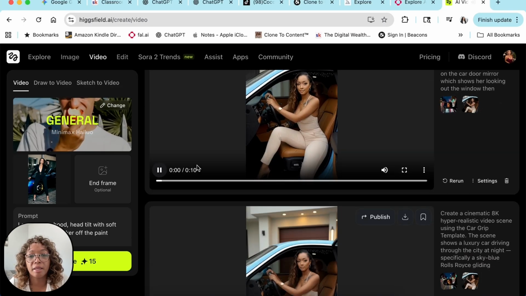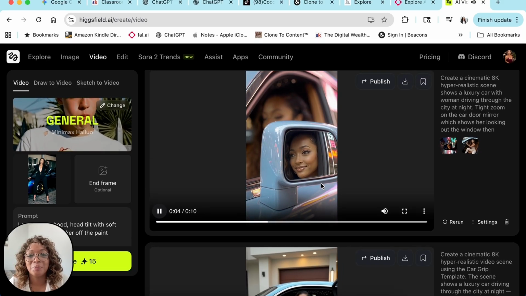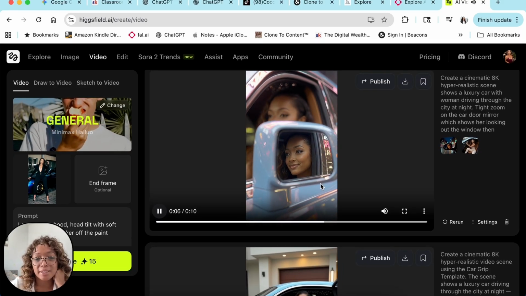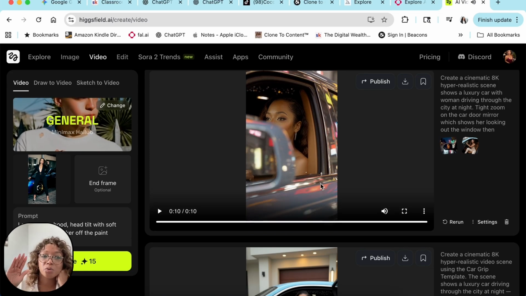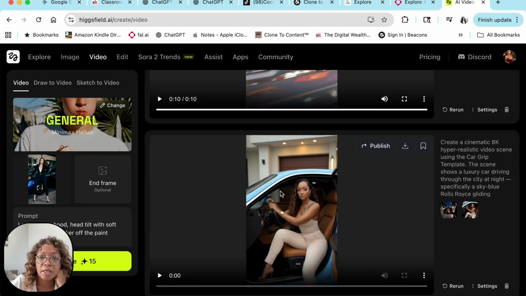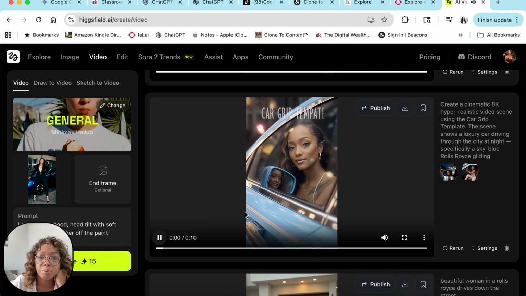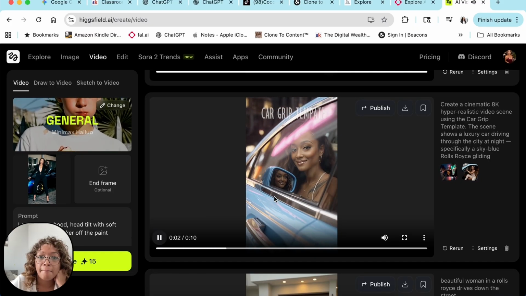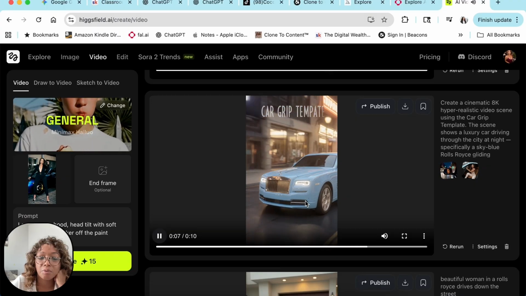And sometimes they move awkward and stuff. Like this one pissed me off because I was trying to have it like I was driving down the street in the car, but the mirror was faced the wrong way. You know what I'm saying? So I kept trying to generate that one, but it wasn't coming out right because it was supposed to be showing my face in the mirror, but that is not how I wanted it to come out.